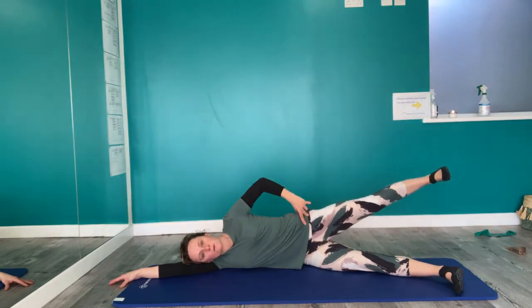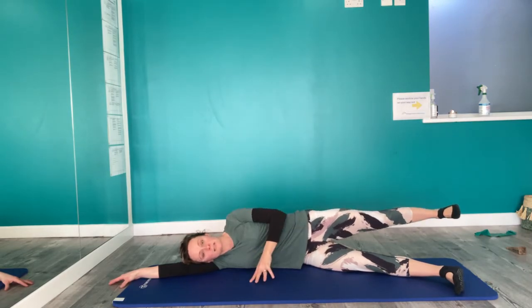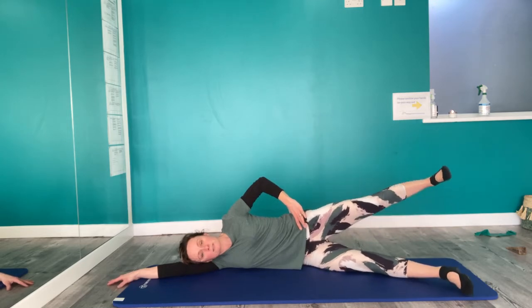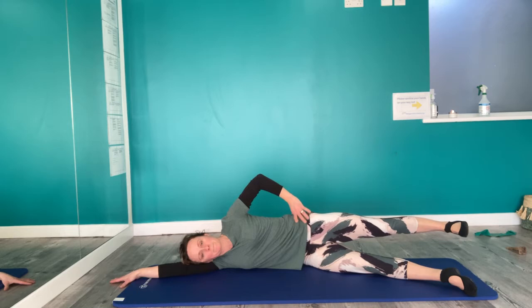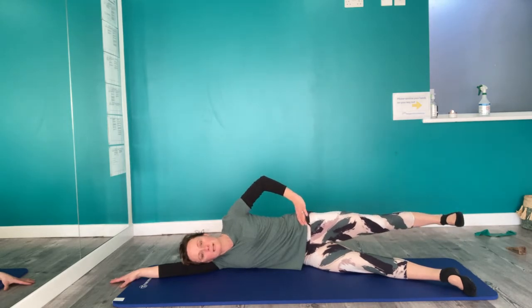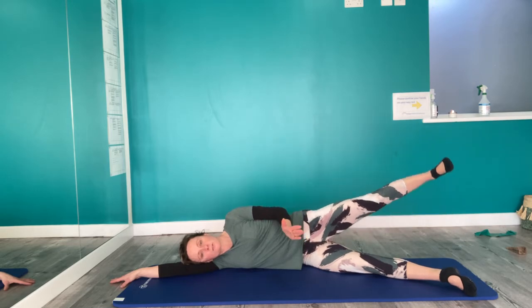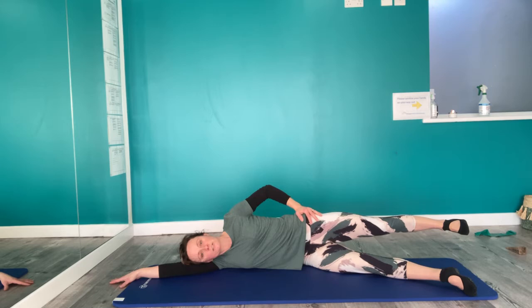And then from there you've got your lift and your lower. Good. So free arm wherever you need it. And if it gets too wobbly, just bend that bottom leg. Give yourself a little bit more support if we need to. Don't fight it. So we're going to go for 6, 5, keep it long, don't let the toes drift in front of you, keep that nice sense of length at the front of the leg, 2 more,